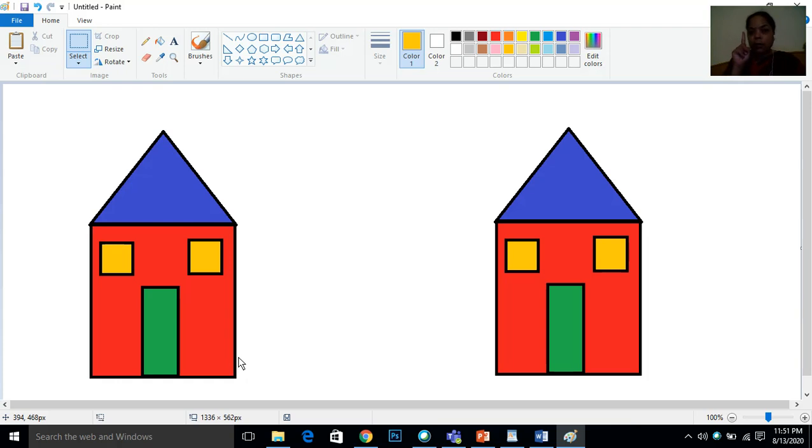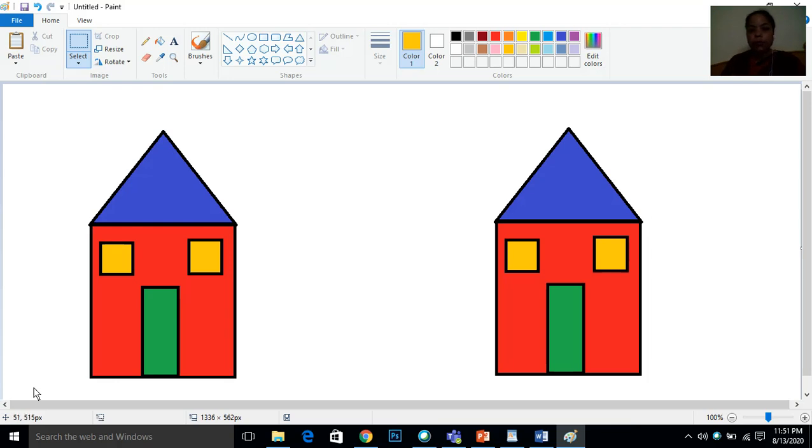When you are doing the copy work, you are getting 2 copies. It means one is the original one and the second one is the one you are pasting. When you do copy, you get 2 same drawings. When you do the cut work, the first image will be cut and will go, and then when you paste it, you will get the same picture. So I am just telling you how to do the cut and paste.